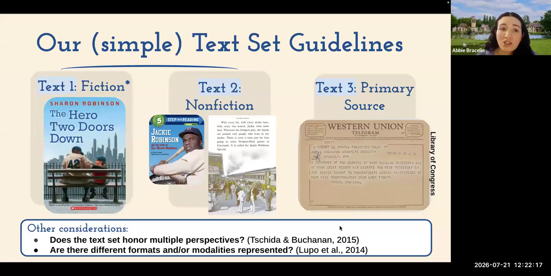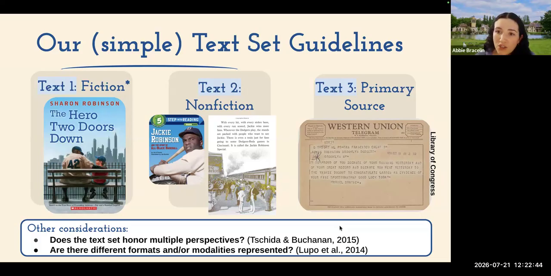It's an awesome book. It's actually written by his daughter, Sharon, and it tells the perspective of a little boy in a neighborhood, a predominantly Jewish neighborhood that Jackie Robinson moves into, and it's based off a true story of Jackie Robinson moving into this new home with his family, and it's told from the perspective of a little boy. So it's more of a chapter book, not as many images kind of thing, but really rich information.